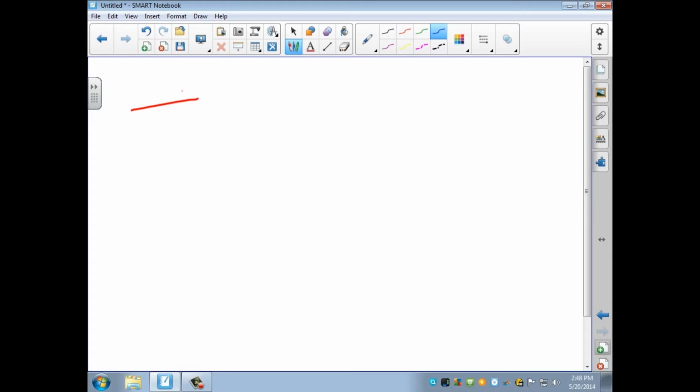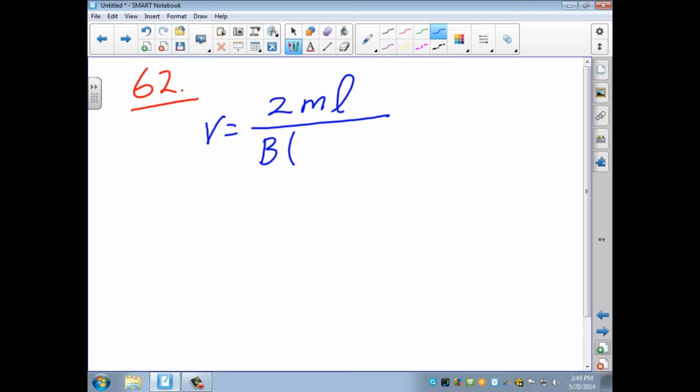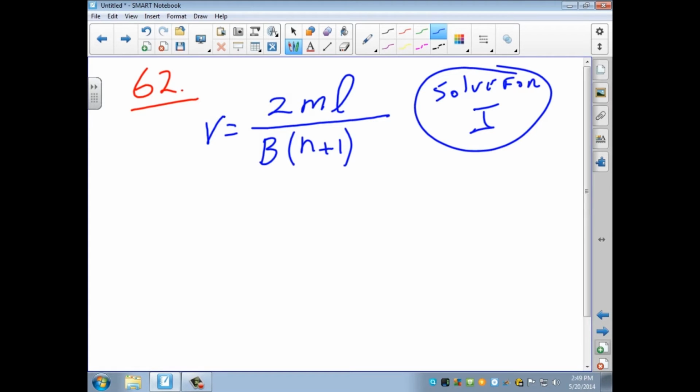It says solve, you have equation R equal 2ml divided by b times (n plus 1), and it wants you to solve for I. You want to solve for I. So everything else,